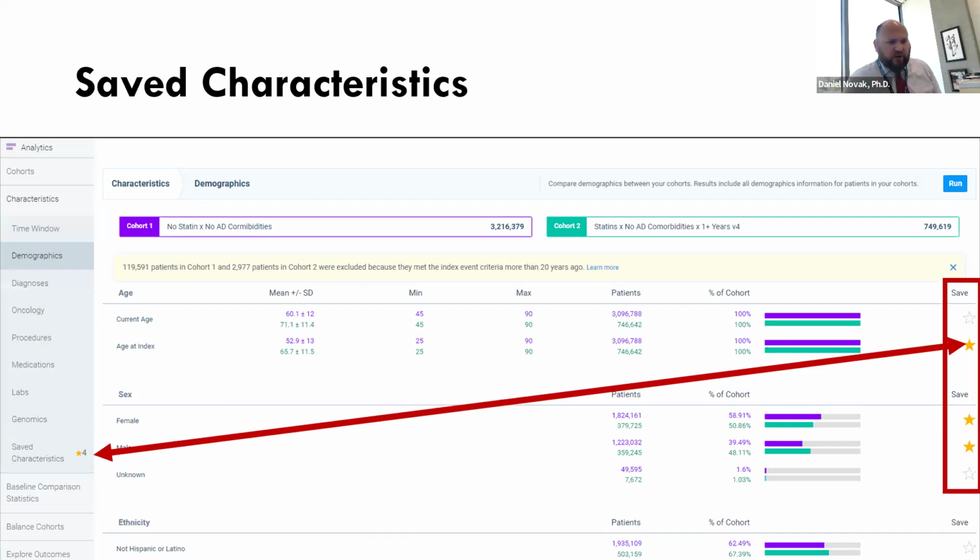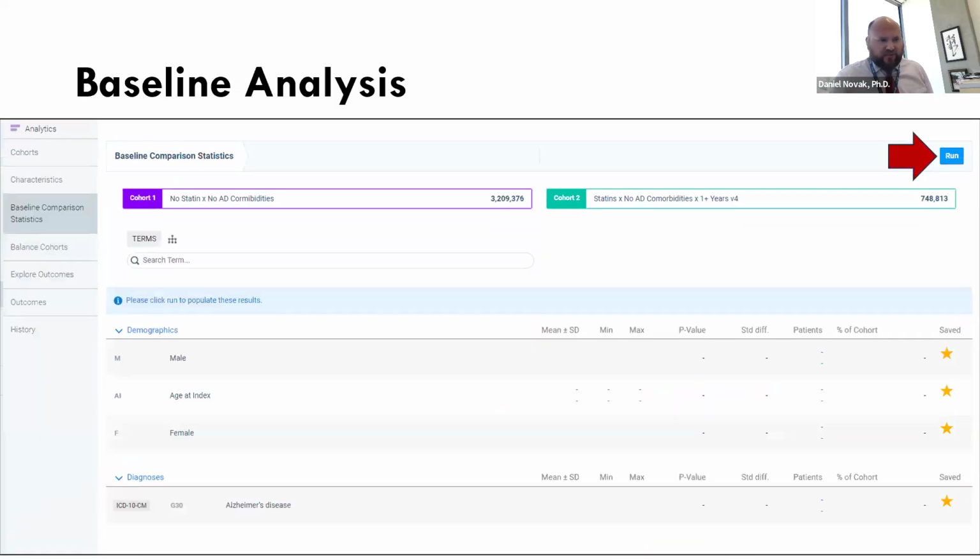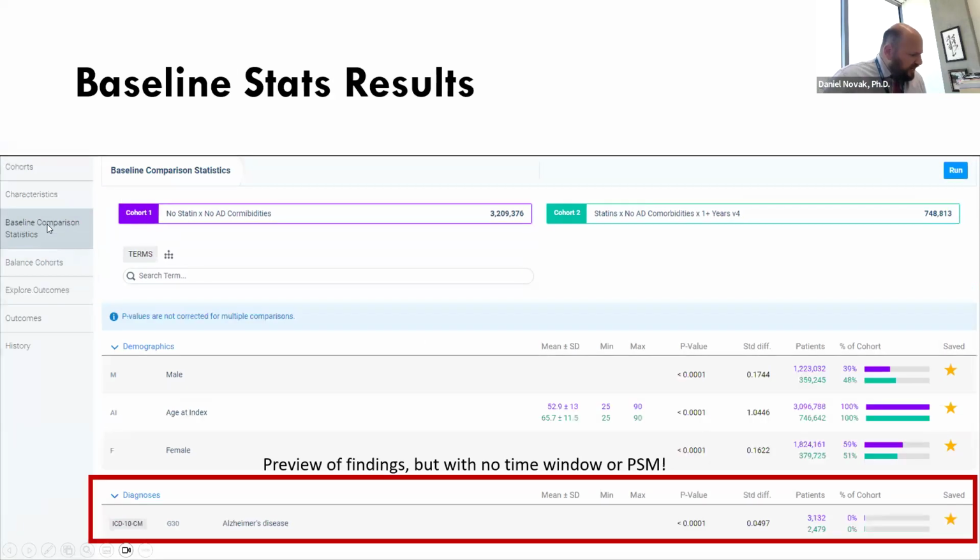You can see here that when you are starring these characteristics to add them to your propensity score model through the demographics, diagnoses, procedures, medications, and labs, "doctors don't pay money late." One of our students came up with that mnemonic. That is what allows you to add those characteristics there so you can baseline analyze it. And so using the baseline comparison statistics tool that is in your outcomes analysis tool within TriNetX, you can use these tools to give you just a quick